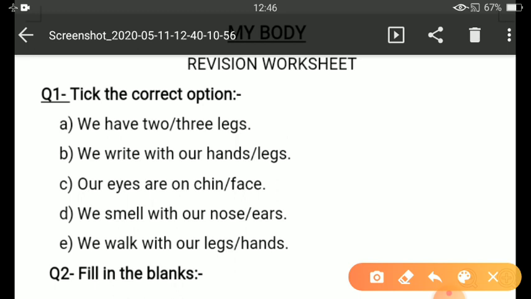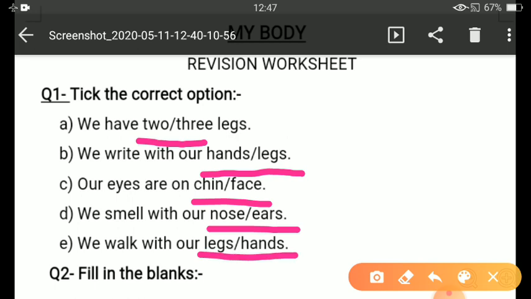2/3 legs. So children, you have to tick the correct option. Tell me, do we have 2 legs or 3 legs? You have to tick in these options. I'll mark like this. Two options are given, you have to select the correct one. We have 2/3 legs. So children, all of you know we have two legs, so you have to put the tick above the